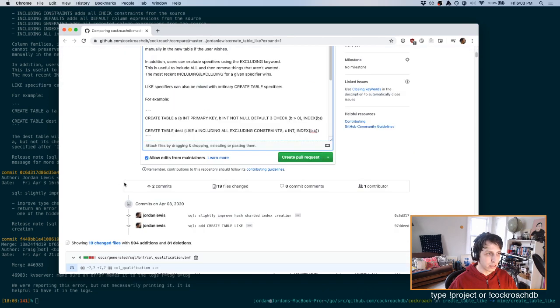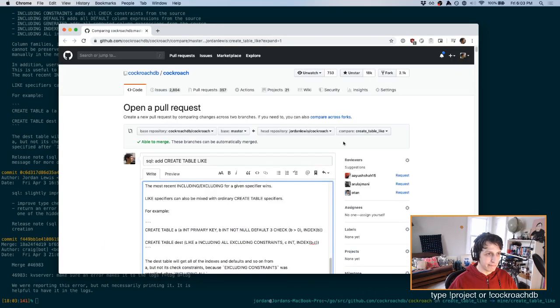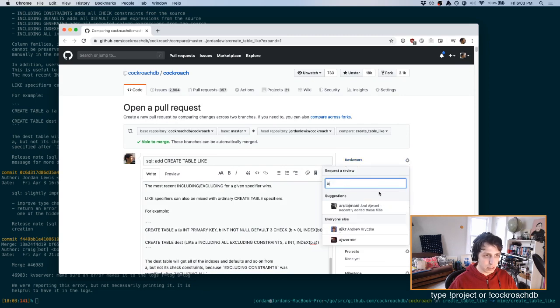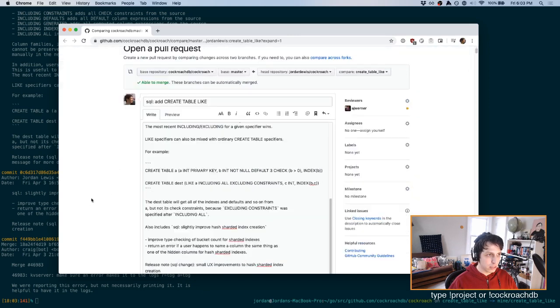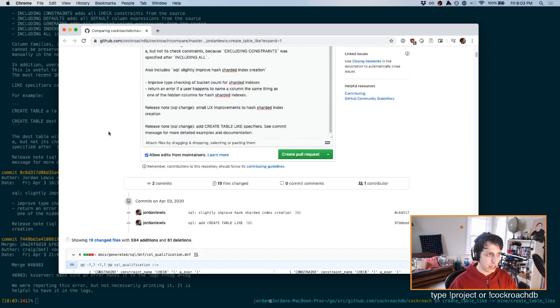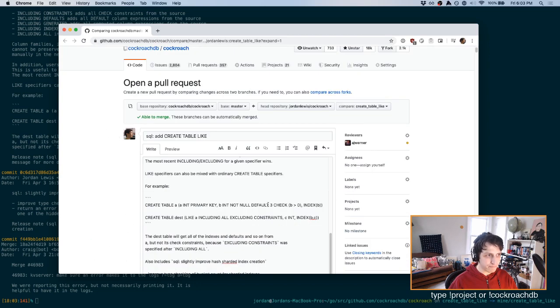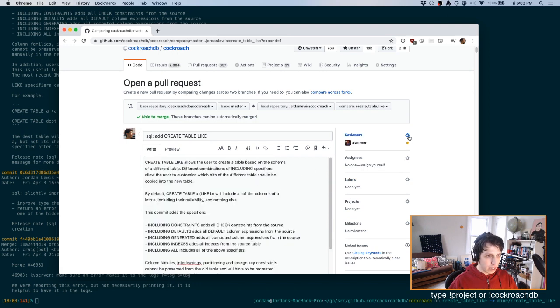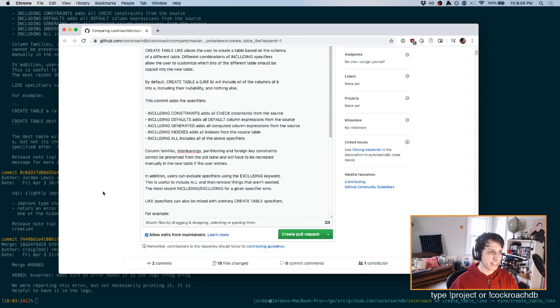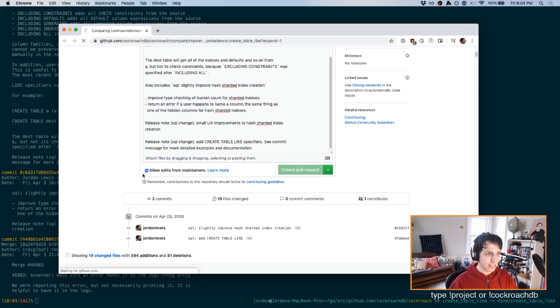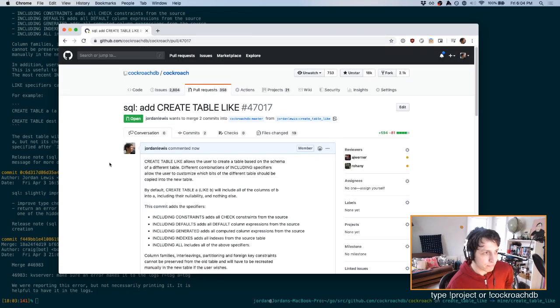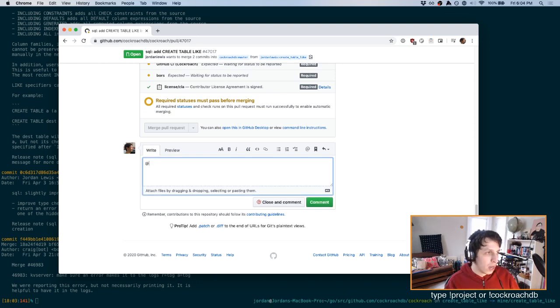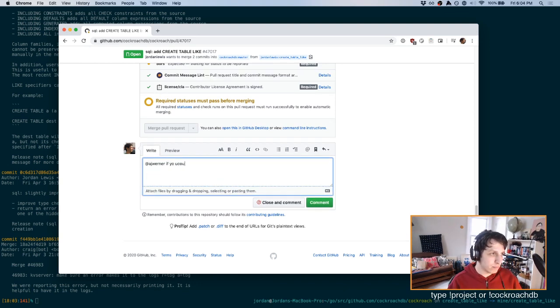Let's see, who should review this? I think I'll put Andrew, because he knows a little bit about these hash sharded indexes, so he can review that one commit. And then maybe Rohan. Maybe Rohan, if you're still on, you can look at this. That would be nice. All right. If you could take a look at the little fixes to